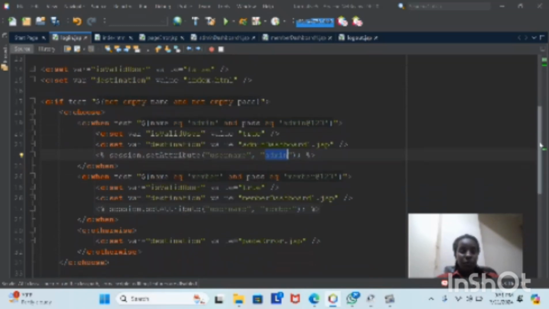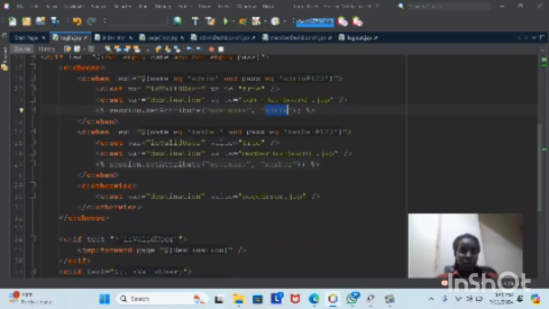Continue. In this c:when, if name equal to member and password equal to member@123, we are resetting our variables: isValid to true, and the value of destination is member_dashboard1.gsp as the page it will be redirected to. And here also I'm setting the session attribute, username, and the session value to member. Otherwise, we are setting our variable destination value